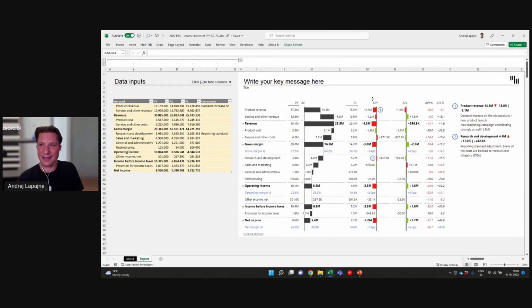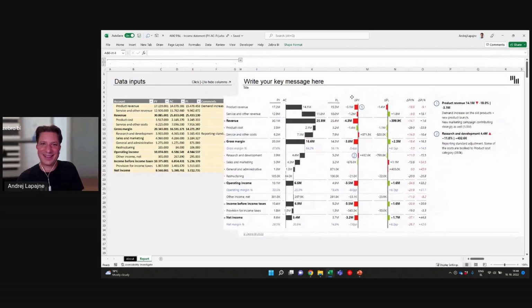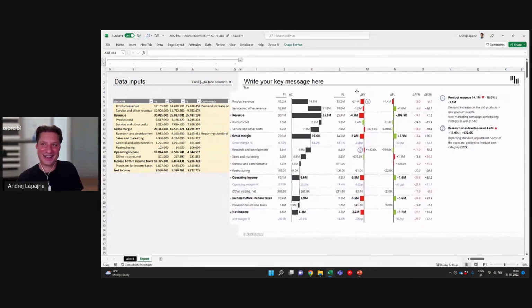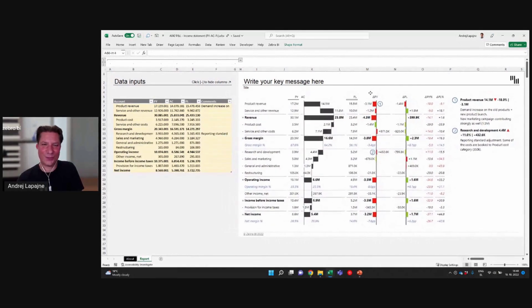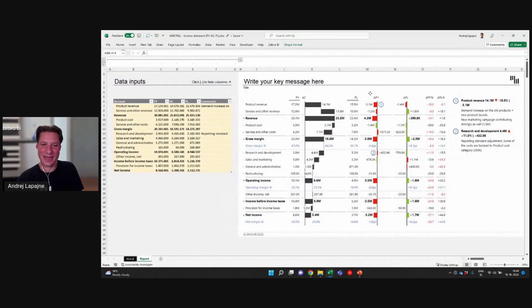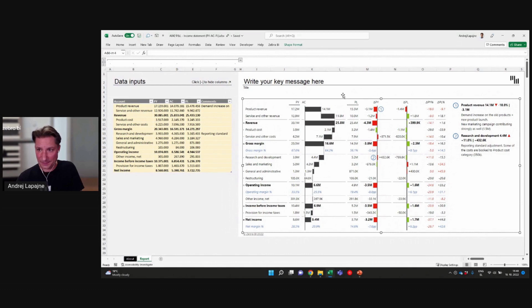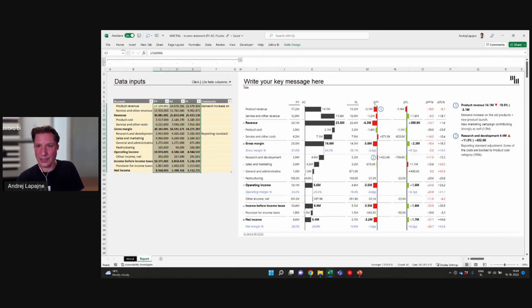And as you see here, this is just one Zebra BI add-in, one Zebra BI visual. It's the Zebra BI tables visual. It's placed here, so it has all the information. So the whole P&L structure is here for previous year, actual, and plan. This is this part of your data, and then all the variances are calculated, absolute variances, relative variances, and there